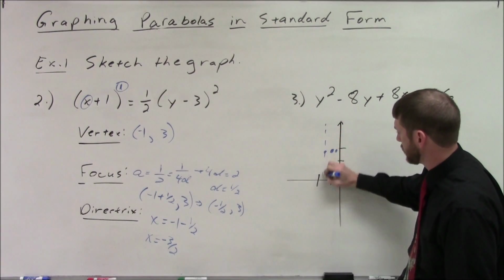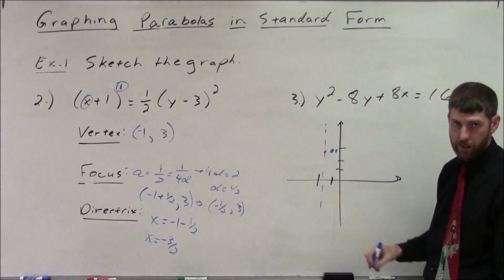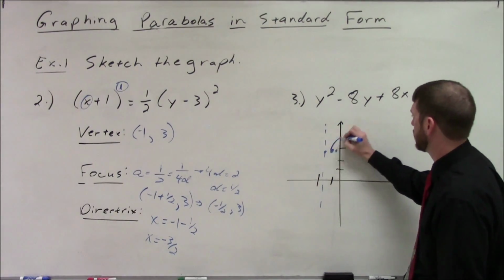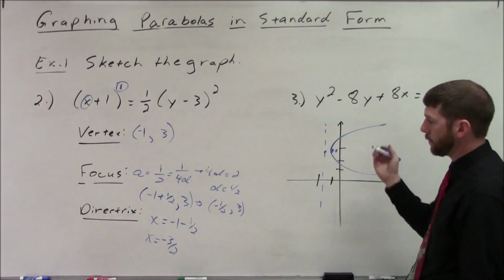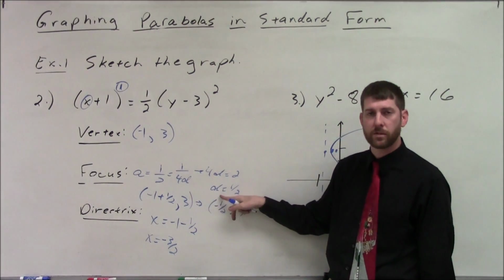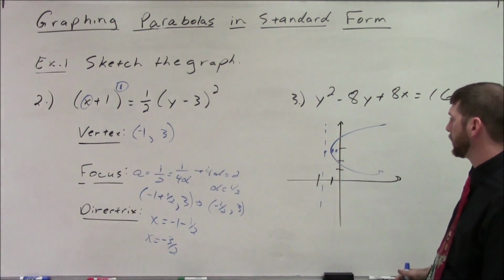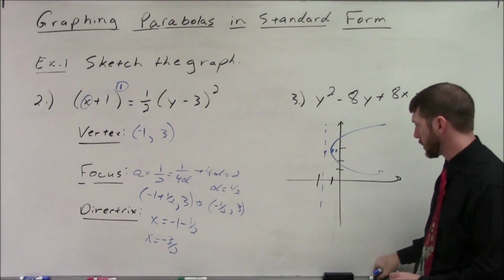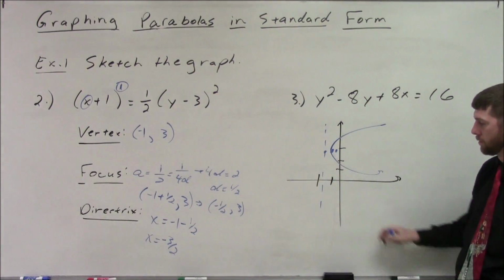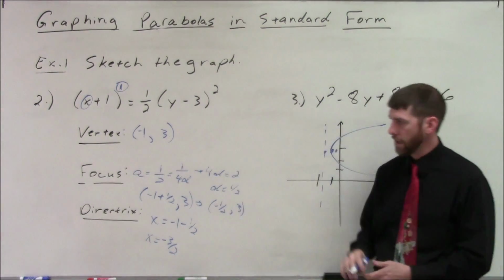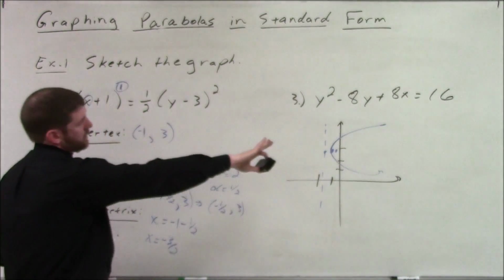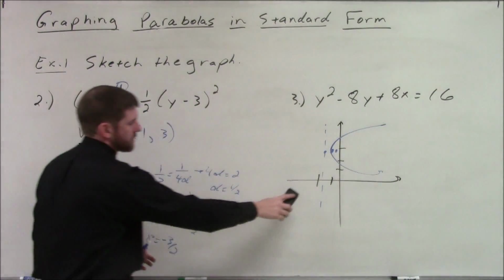So remember, the directrix is your line. We're just going to draw the parabola going to the right, which makes sense because we had a positive D, positive A, so we should have a positive graph. So it'd be a graph going to the right. So this is our parabola for that. And again, you can write the graph, have your tick marks, all that stuff so that it's